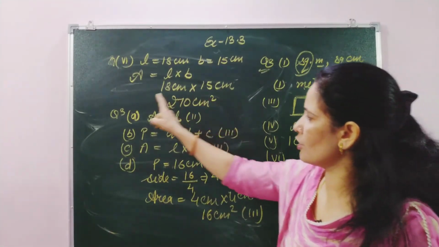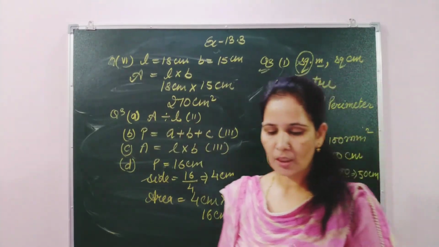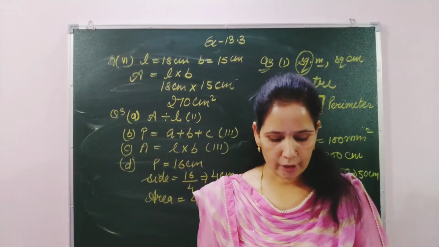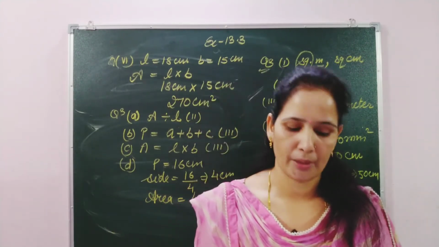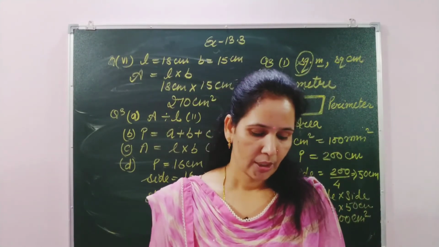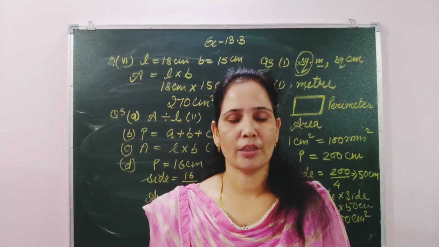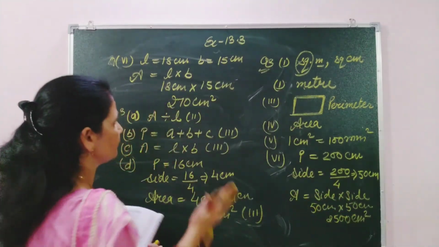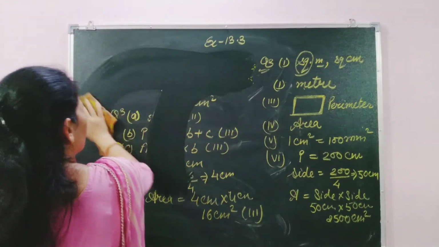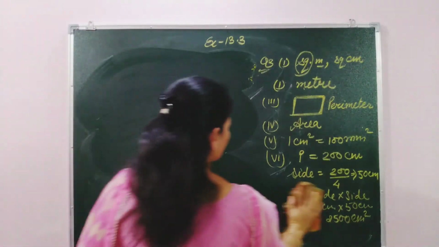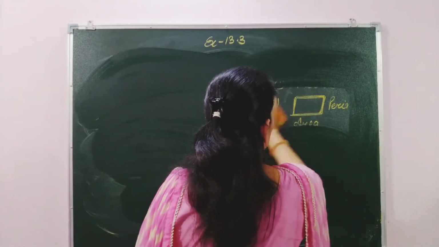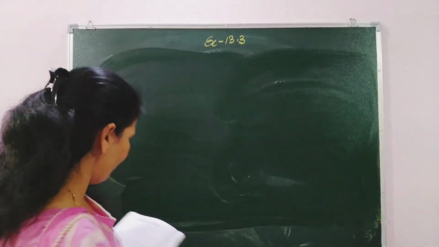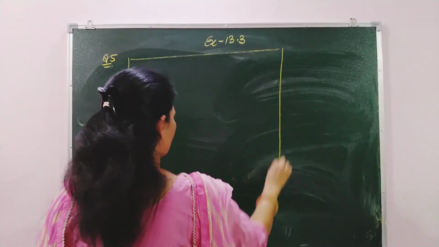So student, now we have discussed the full question number third. Now move on question number 4. In question number 4, they have given a table, and this table we have to complete. In this table, out of 4 things, they have missed the 2, and these 2 terms we have to find out. How? Let's see. Okay, they have make this type of table in question number 5. I will explain some parts, and the rest parts, students, you have to solve. This type of the table they have given.